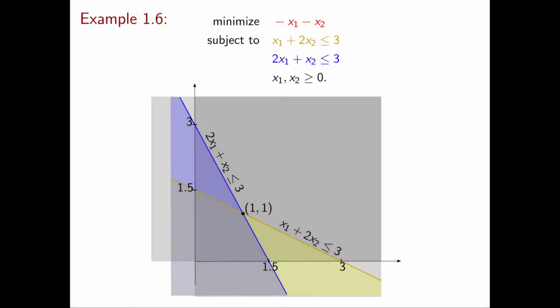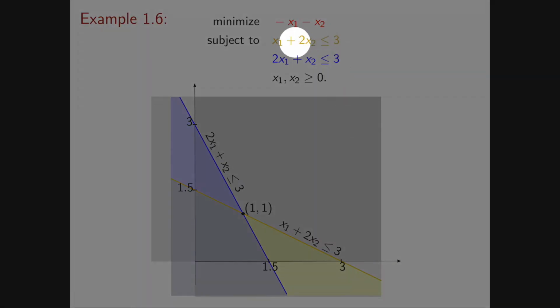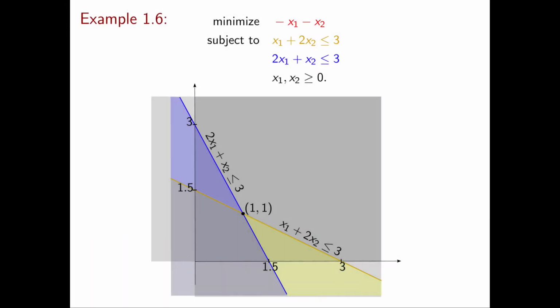Again, we have to understand what is the half space of the vectors that satisfy the inequality. We plug in the origin, and the origin does satisfy it, so it's once again the half space below. So now we have identified the feasible region. It is the set of points that satisfy all our 4 inequalities, and it is highlighted by the vertical lines.